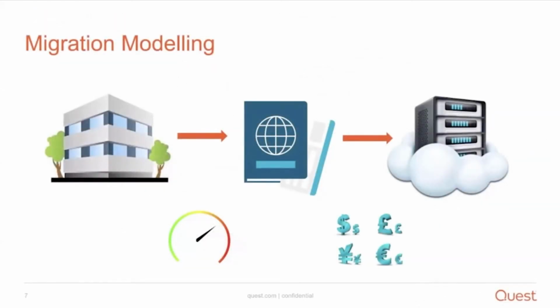So if we're trying to take workloads from our on-premise environment and migrate them to the cloud, there are two things we need to look at. The first, if you like, is performance. So imagine that we're searching through our long list of virtual machines, our workloads that we want to move across, and we're looking at the performance. So we're looking at how much CPU do they use, how much memory do they use, what are the maximum amounts they use, what sort of growth level do we need to give them, what storage do we use, what I/O are we doing,